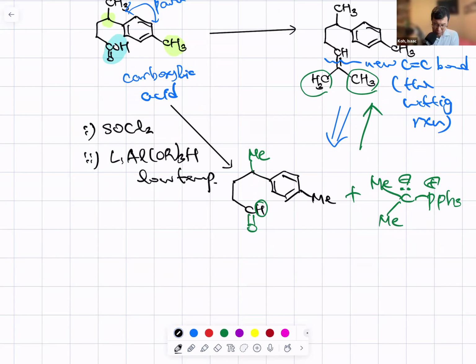Let's make it into an ester. Let's choose acetic acid, CH3COOH. I mean, oh, this one is alcohol. Okay, then methanol. Let me use methanol,